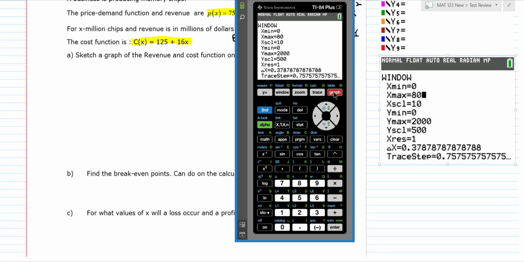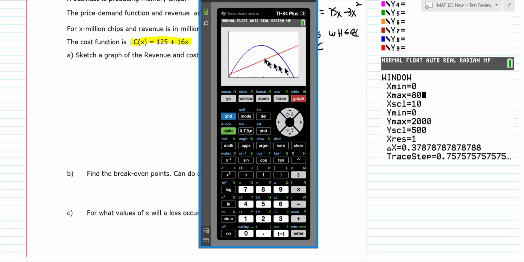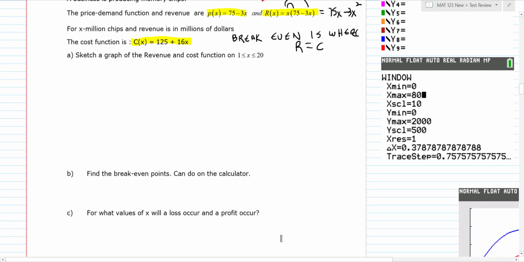Okay, so let's graph it like this, and then we're just going to sketch a graph. Now, you're going to do this basically with the assistance of your graphing calculator too. So what you'd want to do as far as drawing a graph is set up the same way we have the window, where this is X and this is your Y value. So we're going to go to 80, so 10, 20, 30, 40, 50. Be sure that you label what everything is, 60, 70, 80, just enough so I can tell you're going by tens. Then we're going by 500s,